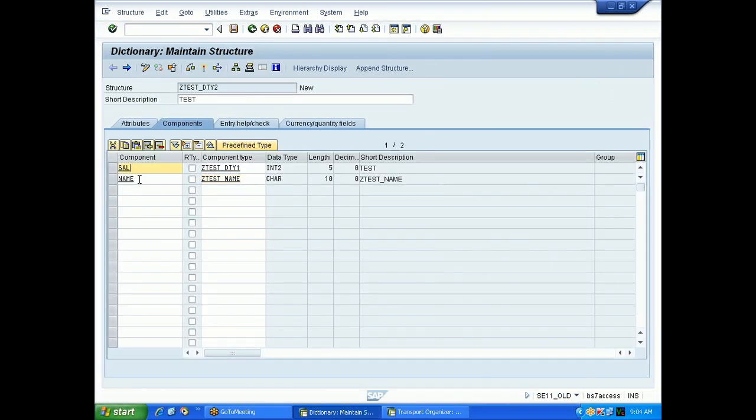So like this, you can give different field names and different data elements. This is called a structure.